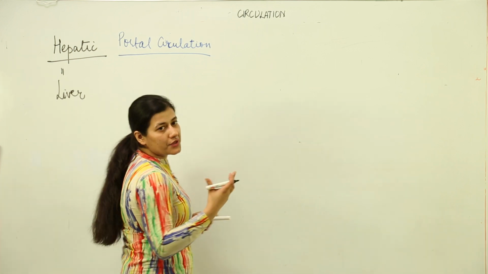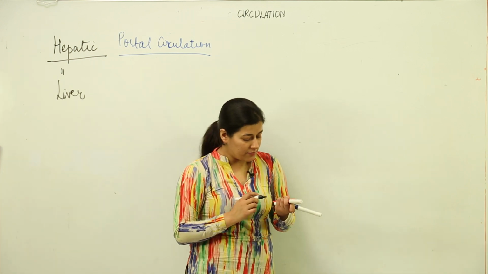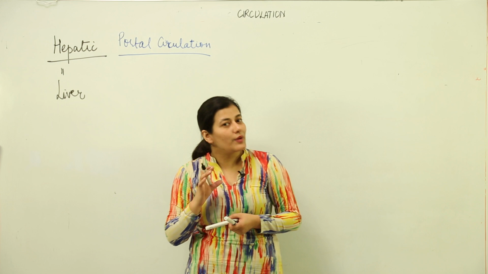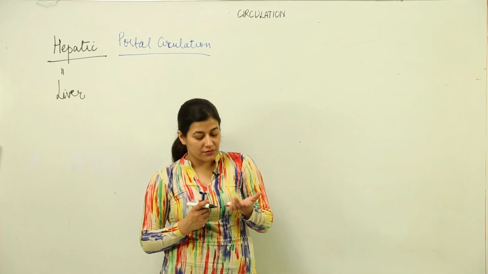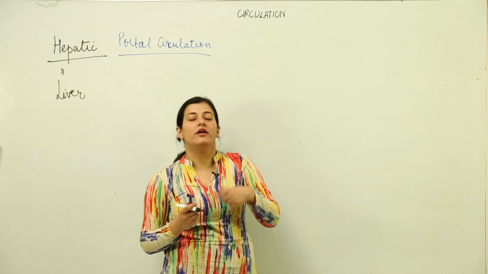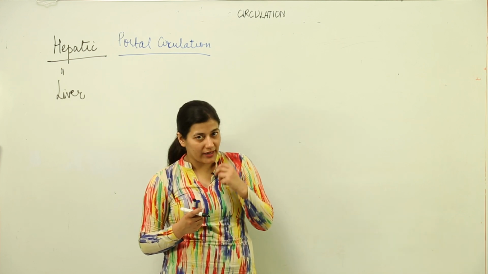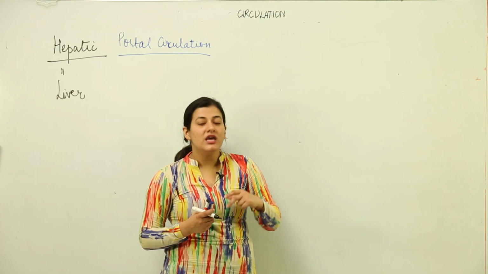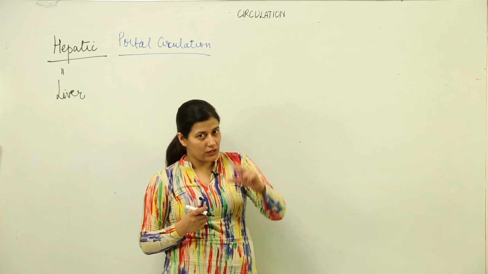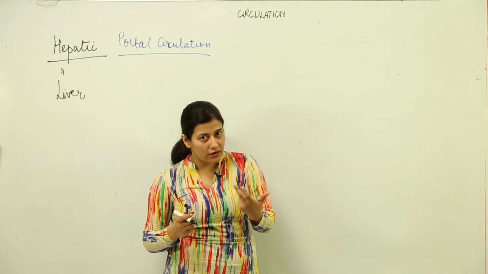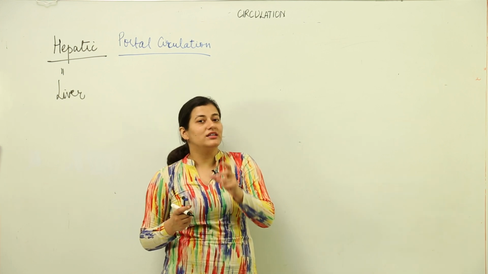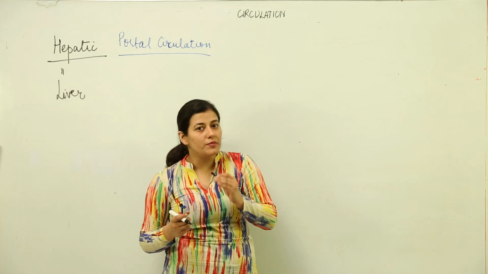Now, because we are talking about circulation, something might come to your mind: the liver is a very important gland in the digestive system, and the digestive system is the only site from where all the nutrients are taken up by the body. That is the main place. We take the nutrients in our digestive system. There is continuous blood supply throughout our alimentary canal, so that the nutrients which are absorbed are taken up